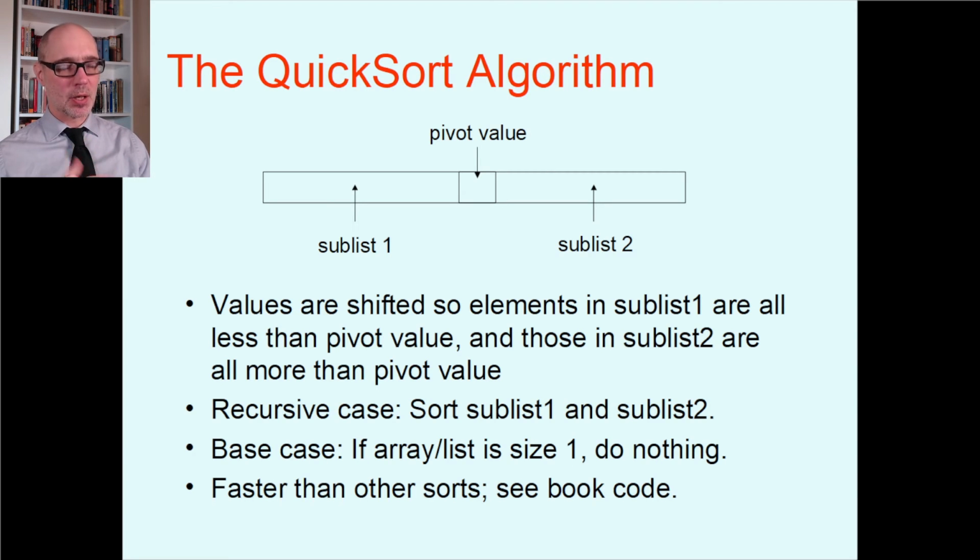And the details are that, we may have talked about this earlier, both bubble sort and selection sort ultimately have these double nested loops, these 2 loops. And if you count up the maximum number of times that they happen, if you have an array of size n, they both can happen up to n squared steps worth, up to n squared iterations. Well, the quicksort algorithm, if you have a size n array or list, is only going to have a number of steps which is n times the logarithm base 2 of n, which is a much smaller